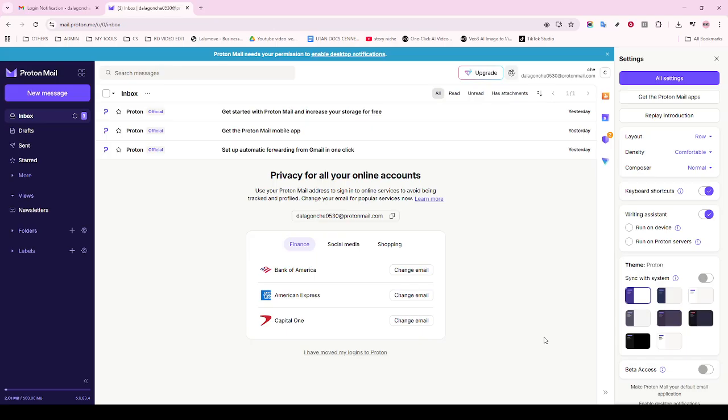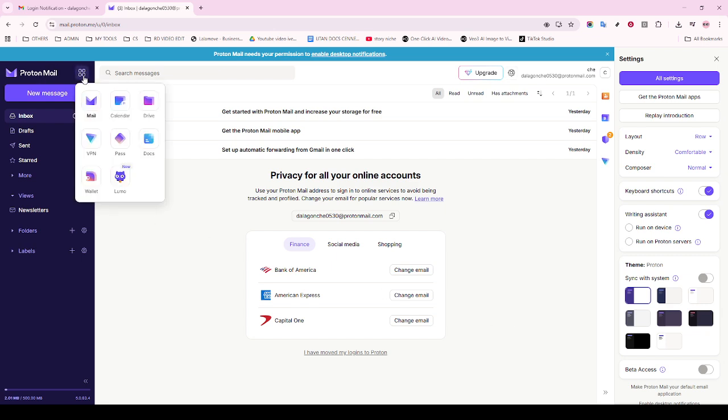After opening the app launcher, you'll be greeted by a list of different Proton services. You're looking for Proton Drive among these options. Click on Proton Drive, and your browser will automatically open a new tab for this service. Proton Drive is Proton's secure cloud storage solution designed to give you peace of mind knowing your files are stored with end-to-end encryption. Now that Proton Drive has opened in a new tab, let's explore the key features and functionalities